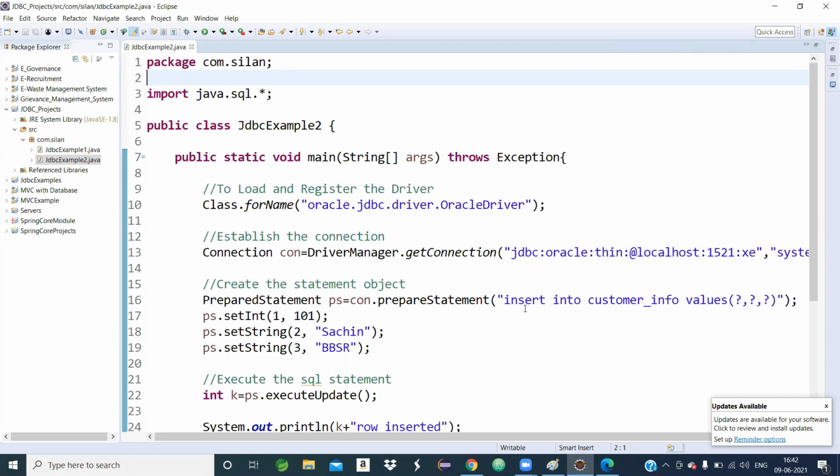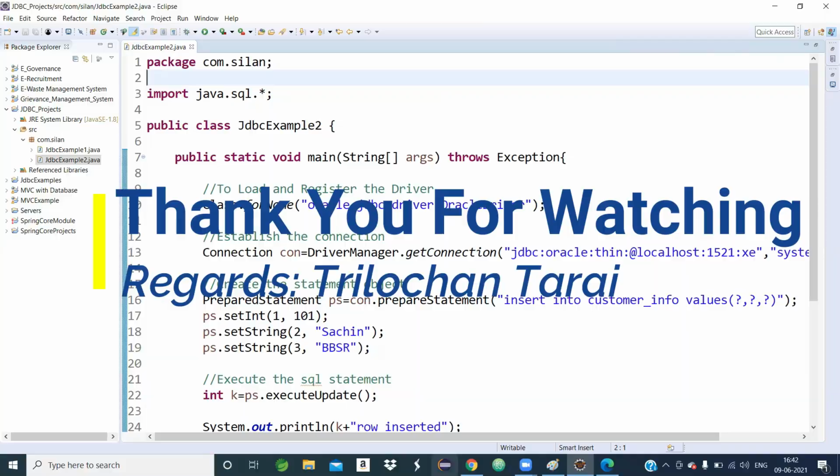I am writing my Java program in the Eclipse environment. So the two environments are completely different, but they are communicating, and that communication, that relationship, is JDBC. Okay, I hope everybody got clarity. Yes, sir.